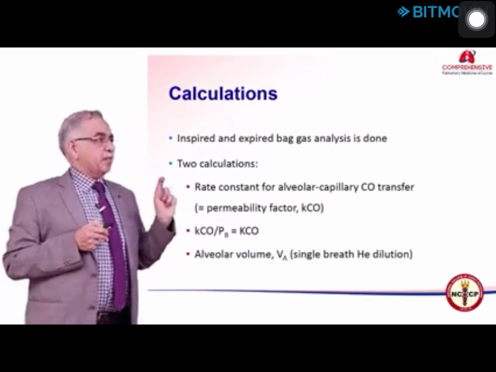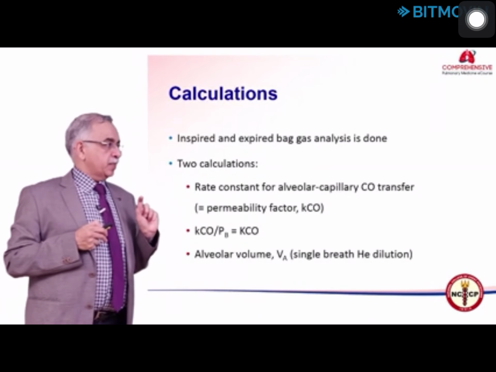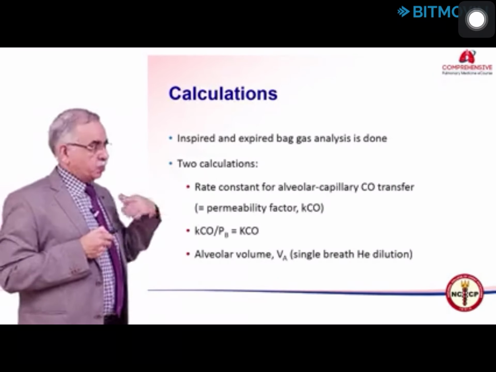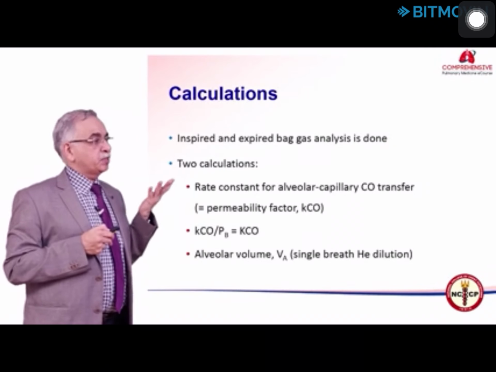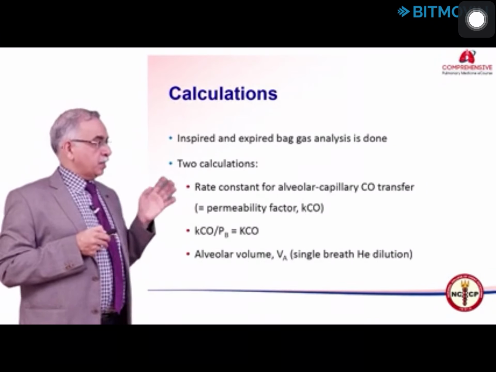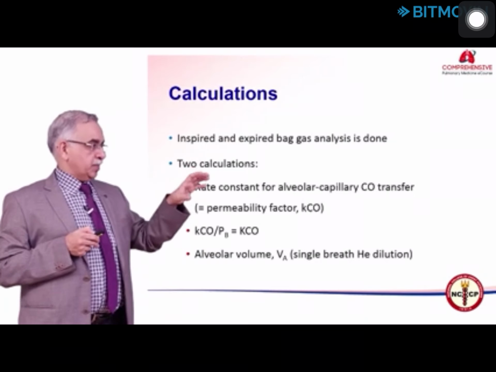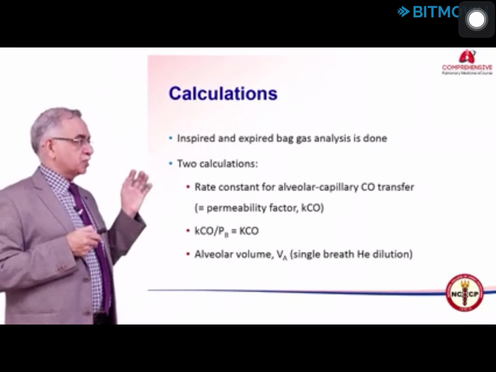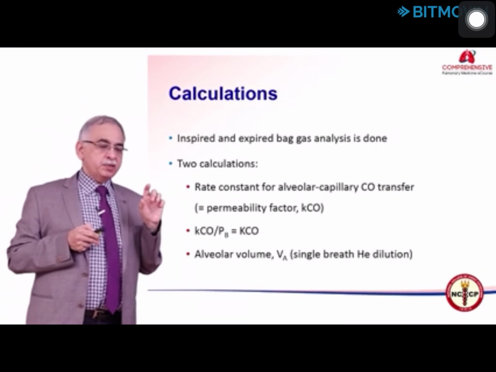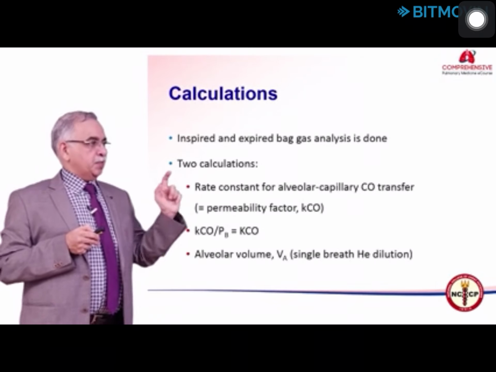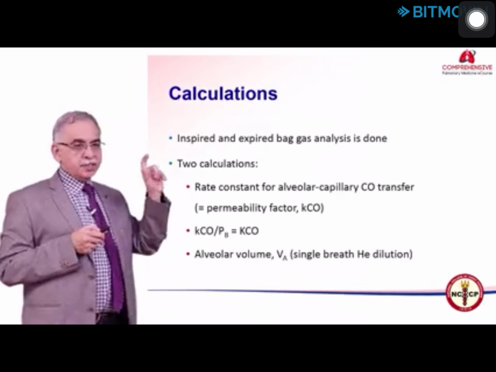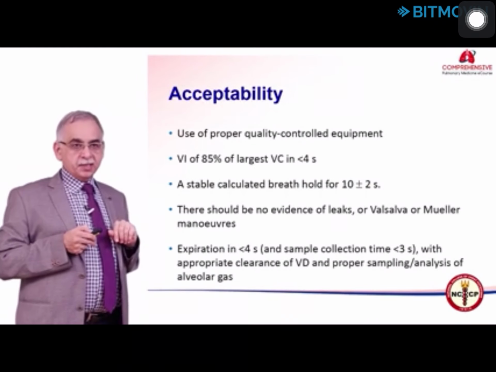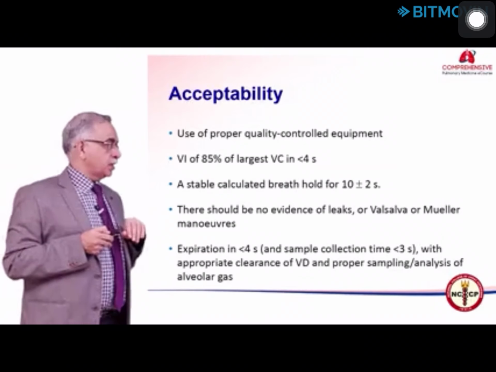We analyze the gas in the inspired and the expired gas, and this is computed. It is a very complex computation. It involves natural log transformations. So, manually it is not possible, it is done by the software, but it will give us 3 computations as discussed earlier. It will give us the overall diffusion capacity, which is DLCO. It will give us VA, which is estimated by the tracer gas, and it will give us KCO, which is the DLCO divided by the VA. Then we apply the acceptability criteria, whether the patient has done the test properly or not.